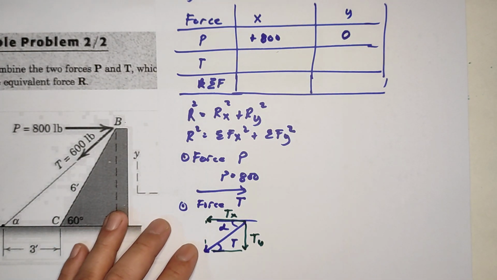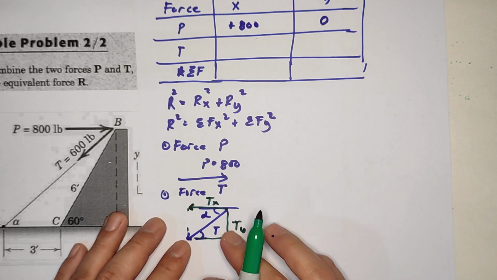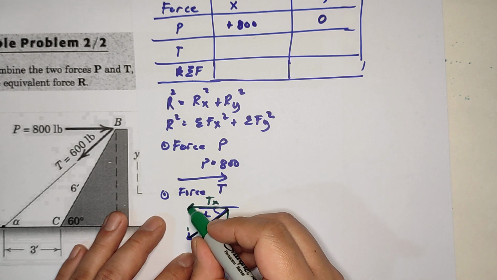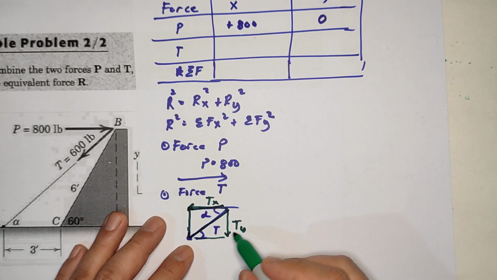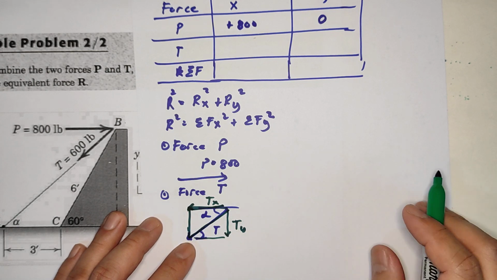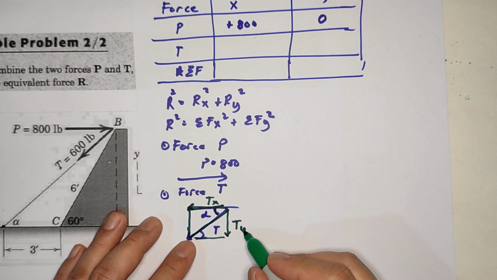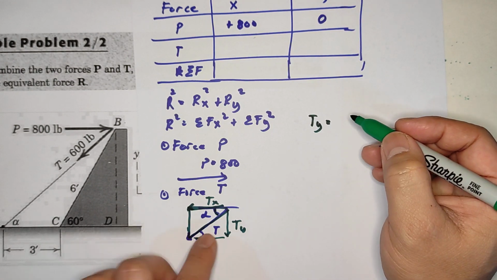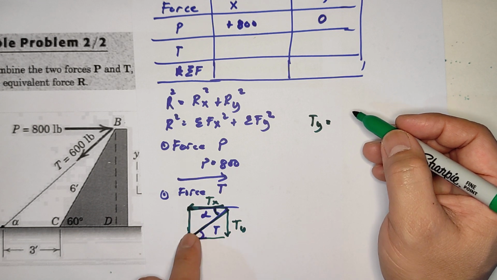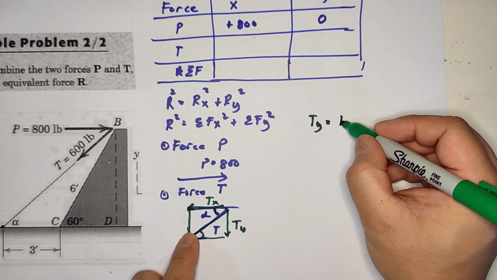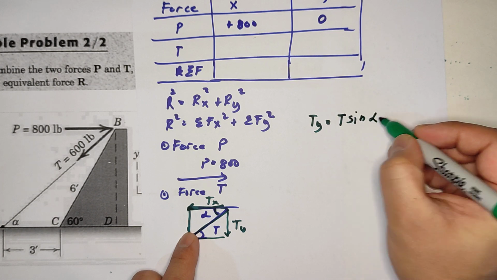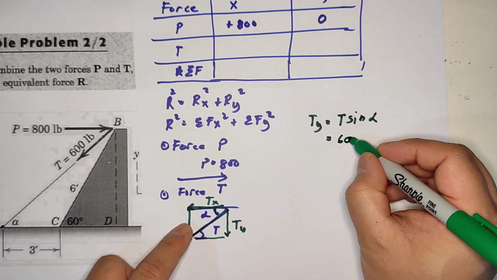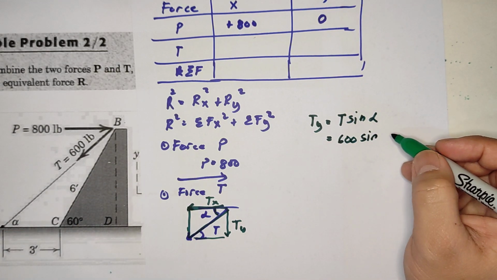Now, this is the triangle, remember, and Ty is the same magnitude as this. So to get the Ty, that is opposite of this one, so you will use sine alpha. So T, that is 600 sine alpha,